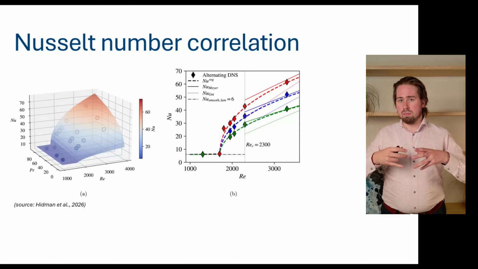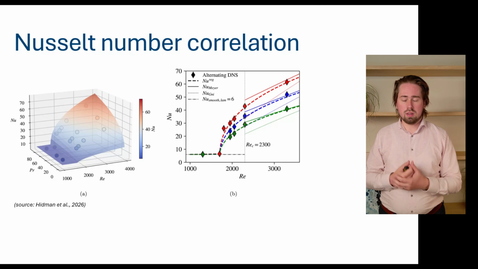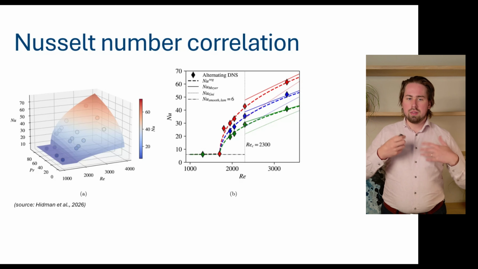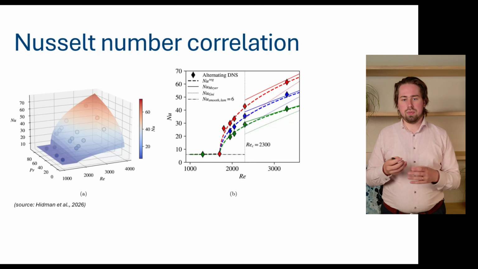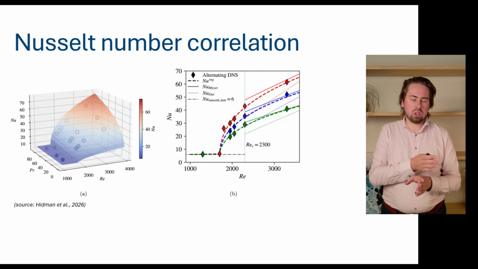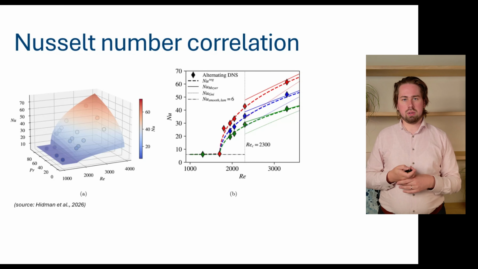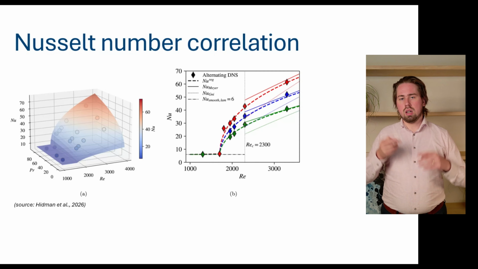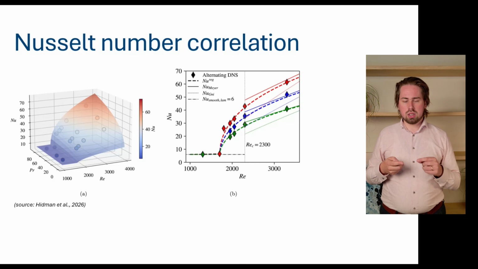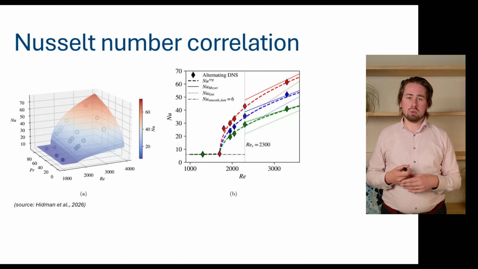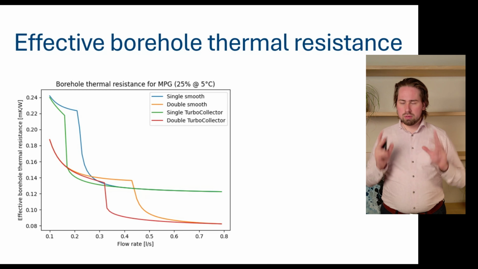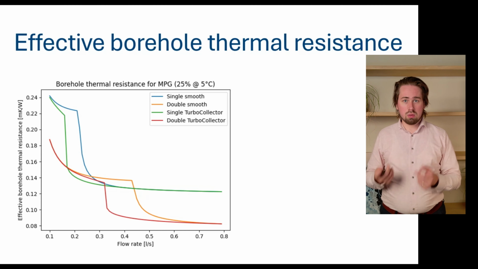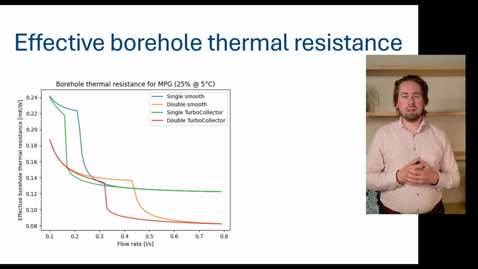So also from the Nusselt number, and hence the heat transfer perspective, the turbo effect is clearly visible since it lowers the threshold to become turbulent, or at least transient. Now let us see how these two correlations translate into the borehole effective thermal resistance as well as the friction factor. And to recap what we talked about in the last part, we have